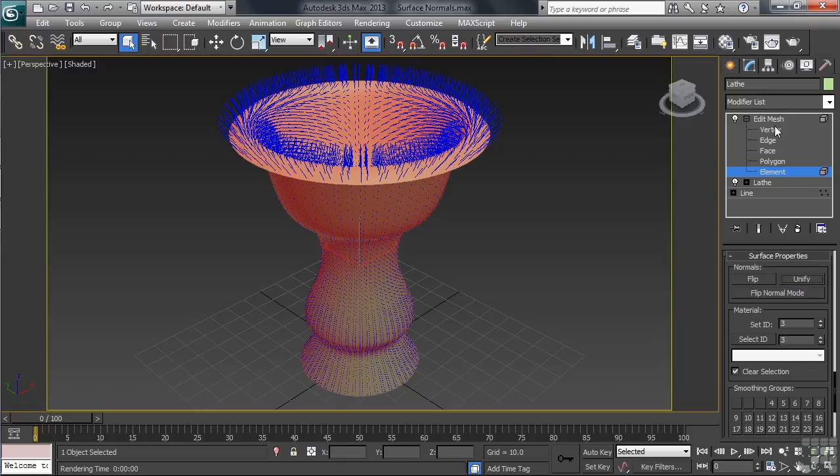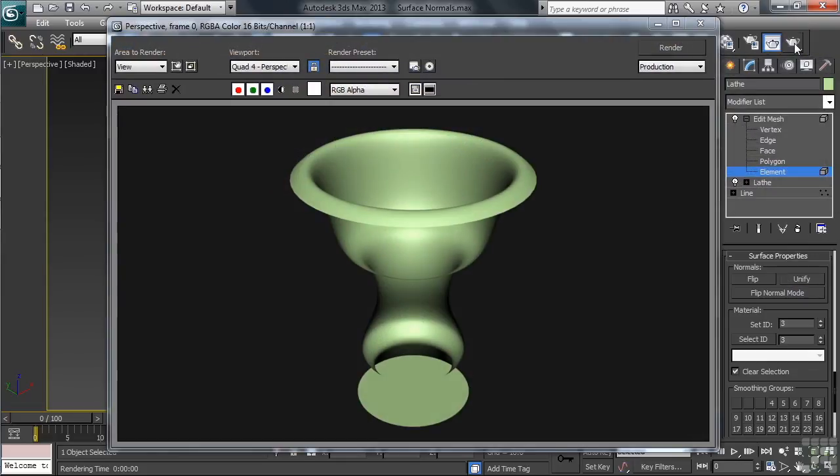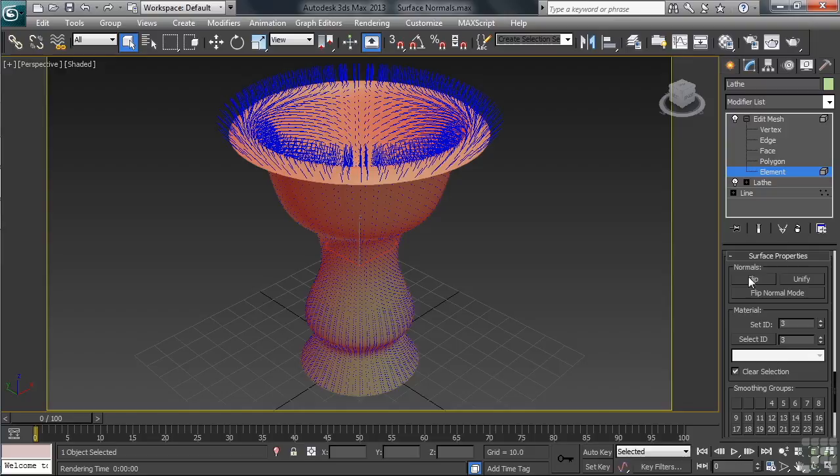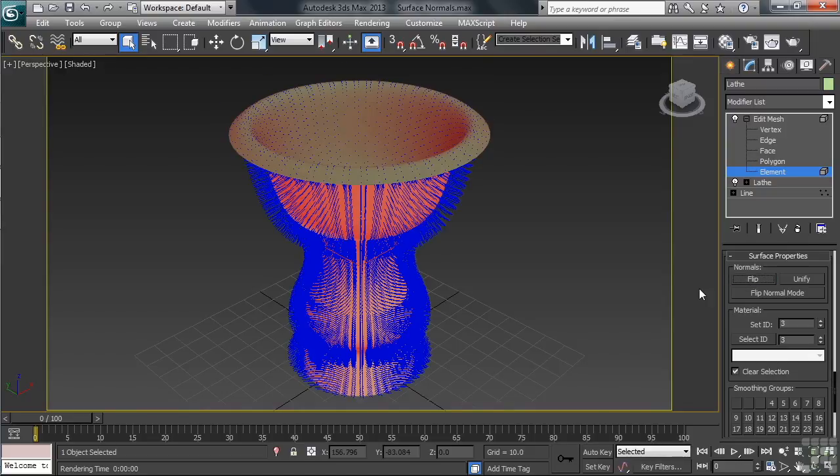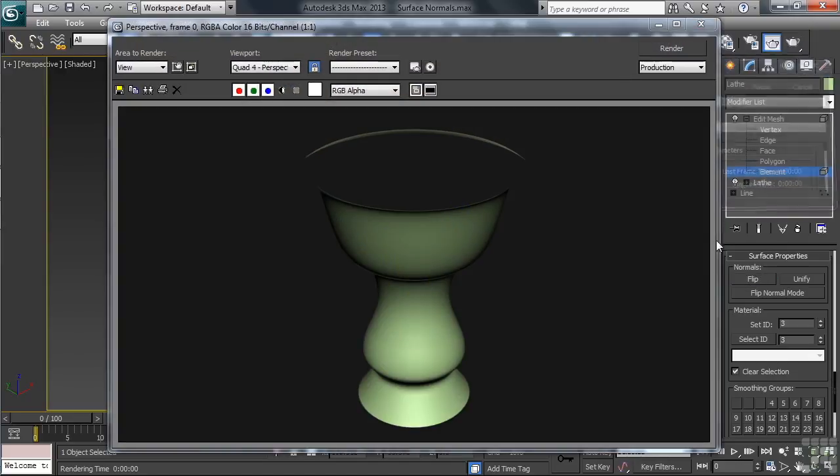Let's go ahead and render and see how things look. As you can see by the results, the surface normals are all pointing inward. Let's close our render, this time clicking on Flip. The blue sticks are all now pointing out. Let's render again. Now, I was mentioning a little earlier how the issue of normals was a pretty common thing